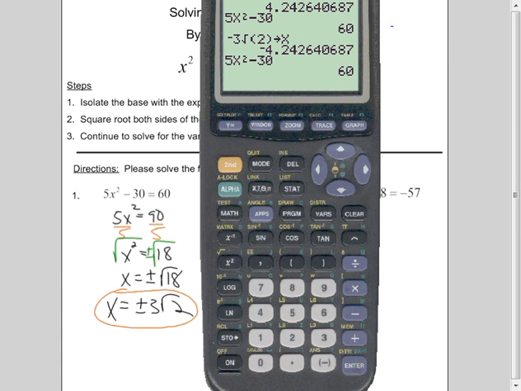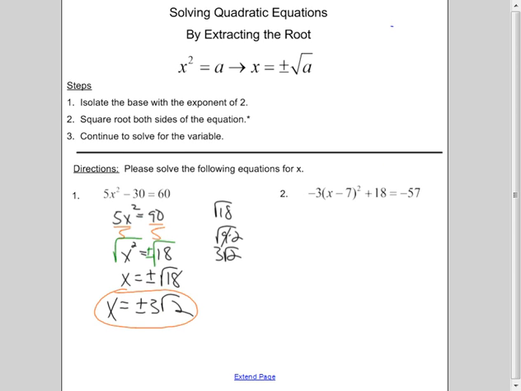So I feel confident about both of those answers. Again, it's not one answer, it's two answers. It's plus or minus 3 root 2. So as I move on to the next problem, where it says negative 3 times the quantity of x minus